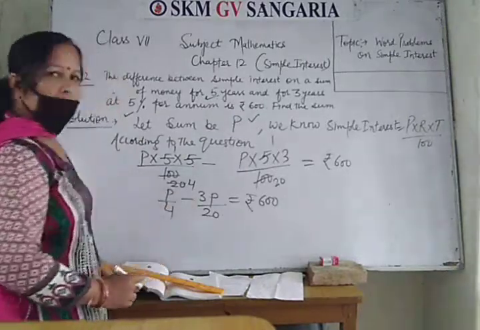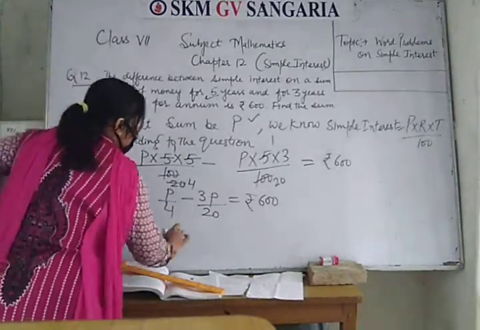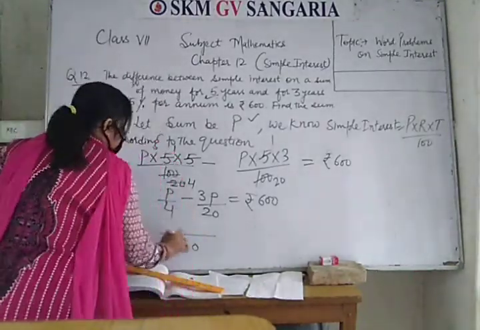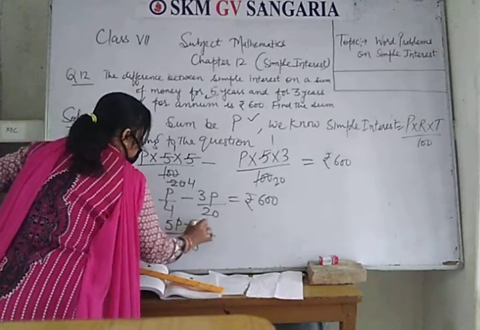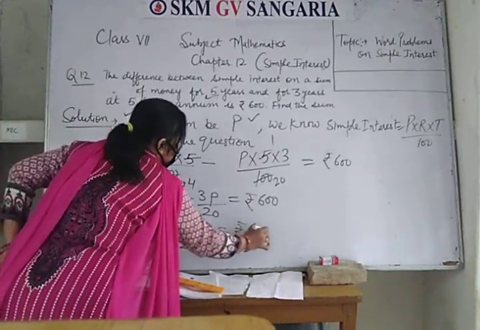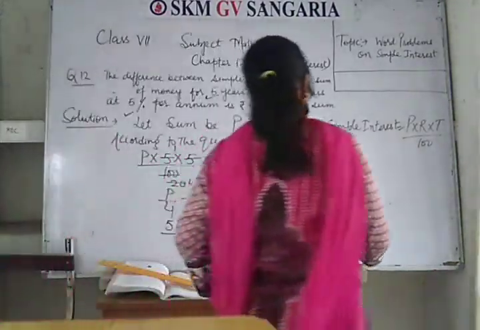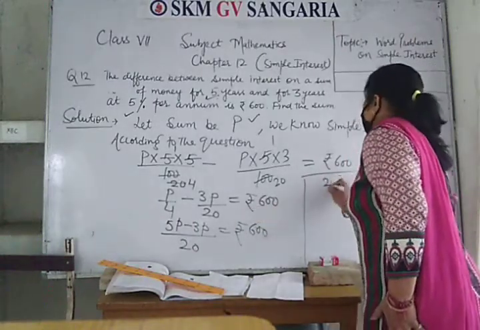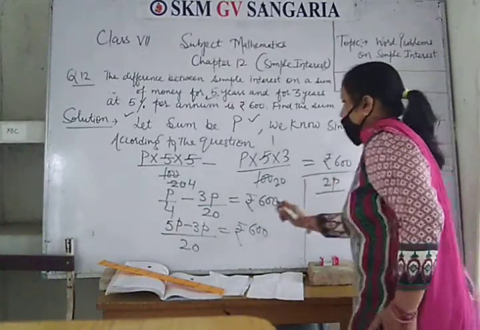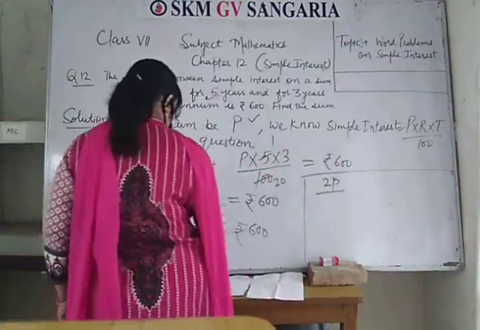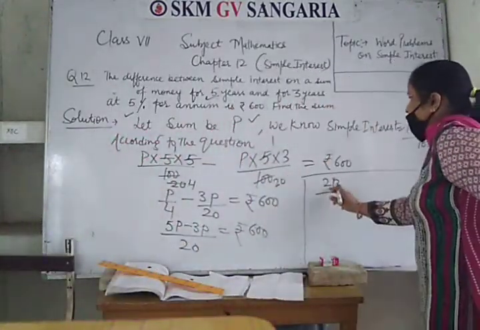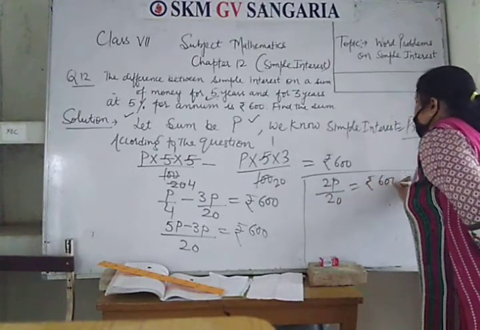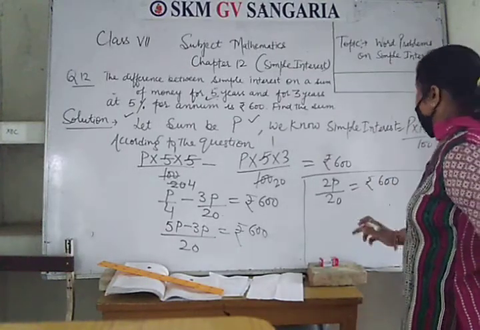Now we will simplify. Take LCM of 4 and 20. It is 20. So 5P minus 3P over 20 is equal to rupees 600. Okay. Now 5P minus 3P, it is 2P, capital P. 5P minus 3P is equal to 2P upon 20 is equal to rupees 600. Okay. Then